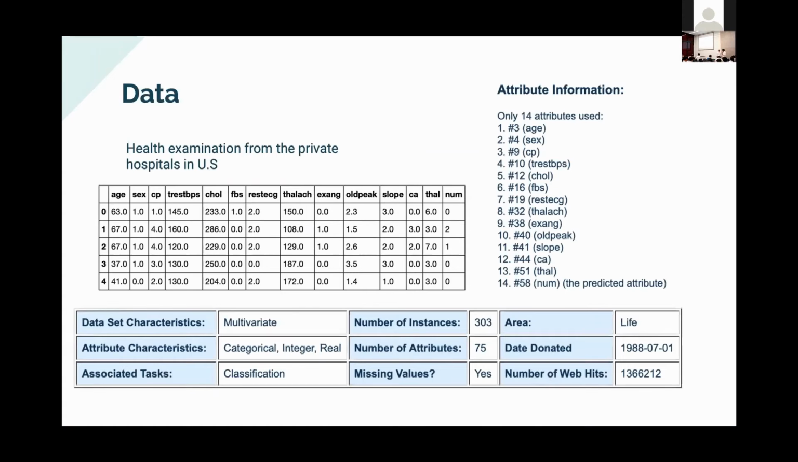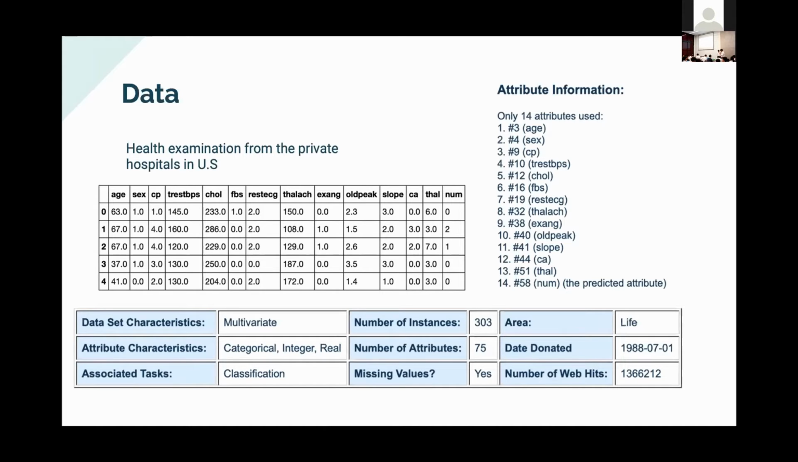First we start with data. We get the data from the health examination from a private hospital in the US. It is from the UCI machine learning repository, from the Long Beach and Cleveland Clinic Foundation. We found that the attribute information comes from age, sex,